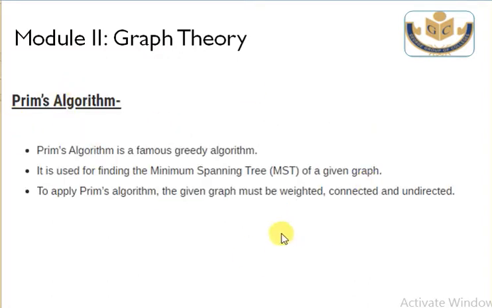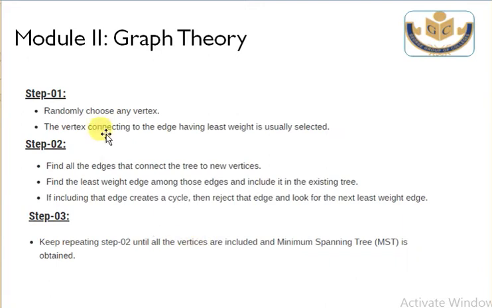This is Prim's algorithm. It is a greedy approach. Greedy approach means I try to solve it in such a way that I'll definitely get a solution. And it is used for finding the minimum spanning tree of a given graph. And here comes the algorithm. Just memorize the algorithm. If the question comes, simply write the algorithm. Otherwise, using this algorithm, understanding the problem solving will be difficult.